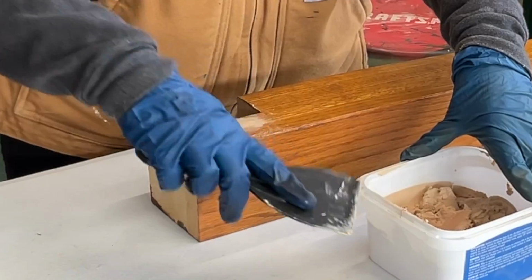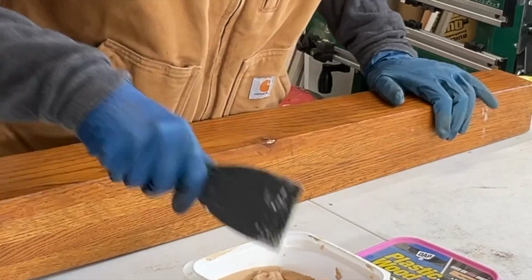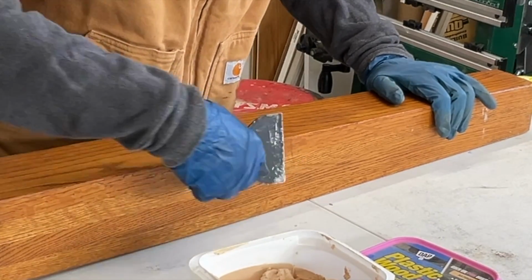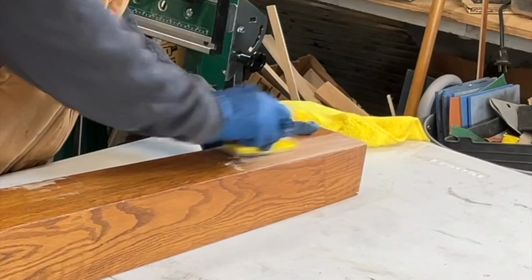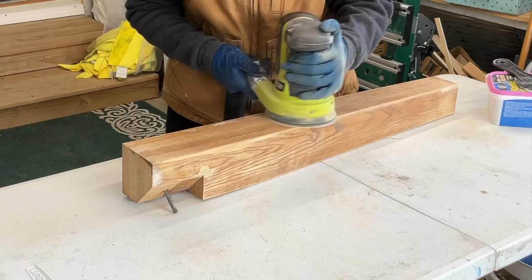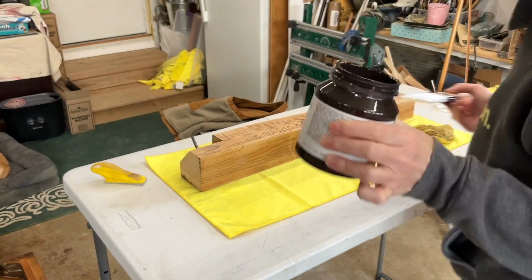This table is really well made. It's solid oak, but with any furniture you have for a really long time, there's going to be some repairs, nothing big. Then I sanded with my 120 grit, then went to my 220, and after that I hand sanded